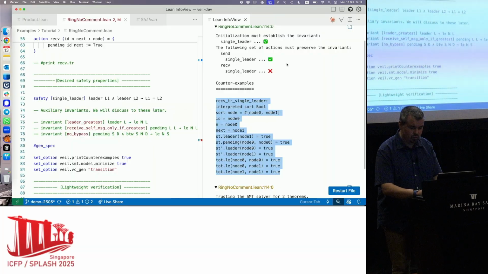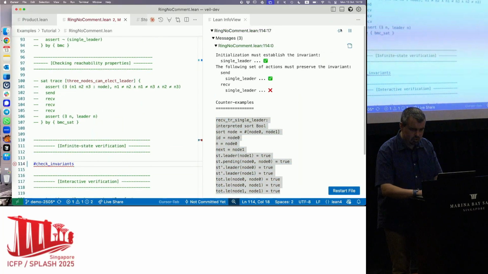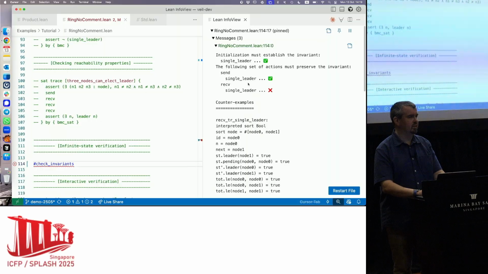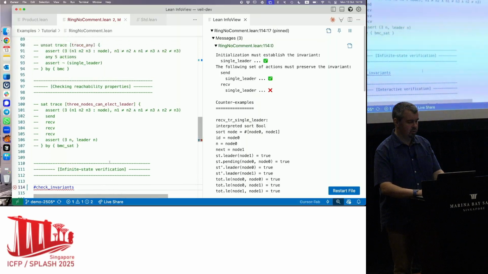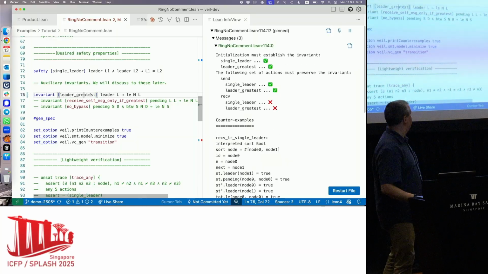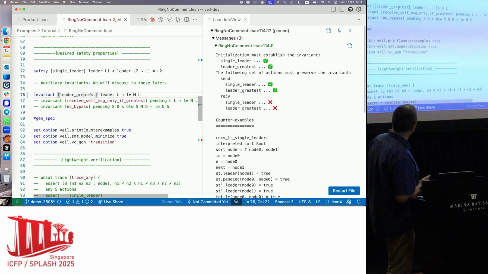Okay, so I'm not going to talk about invariant synthesis since I already know what the invariants here are. I'm just going to use this really cool feature of Lean support in VS Code where you can pin this line, and I'm going to change the text above it, but the effect is still going to be displayed as if I had the cursor on this line. So I'm going to start strengthening my invariant by adding more conjuncts to it. So I've added one more conjunct. It didn't help much